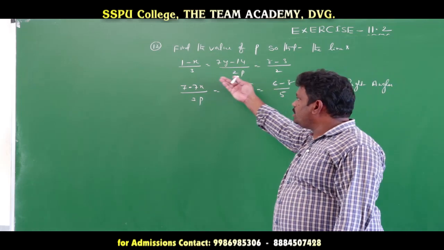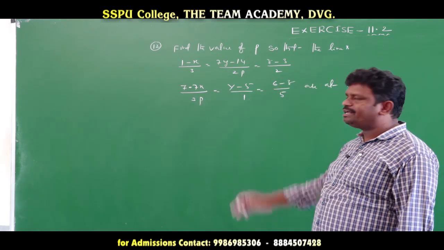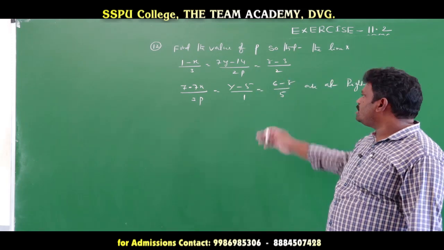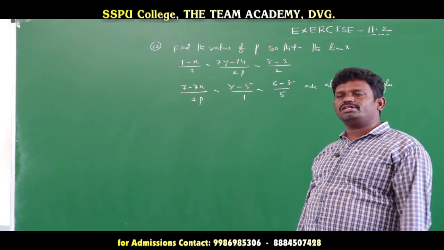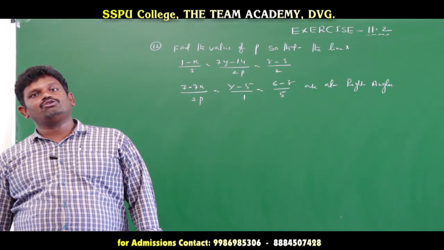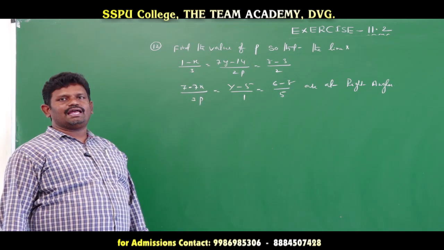So here, if we take the B1 vector and the B2 vector and find the angle between them, or if we take the direction ratios, the angle between the two vectors being 0 means the two lines are perpendicular. The condition with direction ratios is a1 a2 plus b1 b2 plus c1 c2 is equal to 0, and then we get the p value.